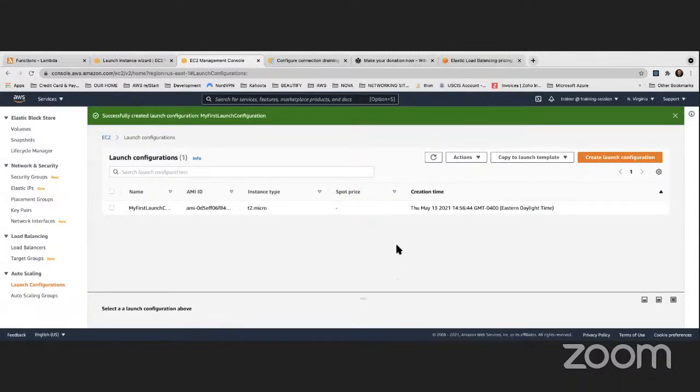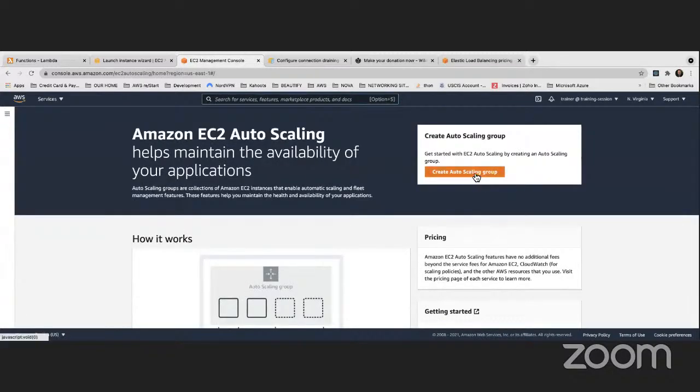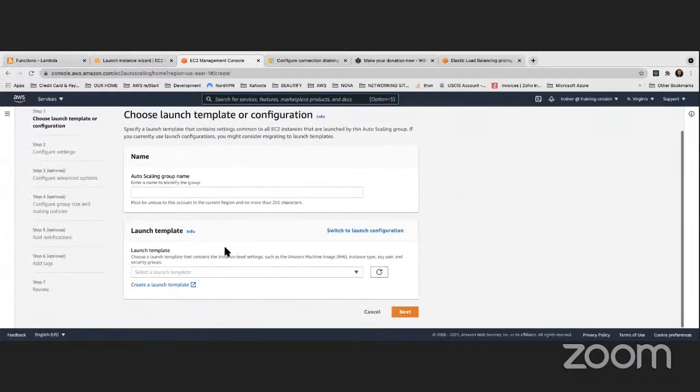Perfect. You see, this is like the skeleton. This is what auto-scaling is going to use to create instances. It's going to use this guide that contains an AMI, an EC2 instance type, a security group, and a key pair. That's it. So the second step is the auto-scaling group. We click here, and the very first step is to select what launch configuration we're going to use. See here? So I'm going to say